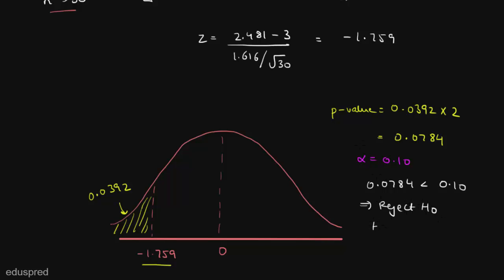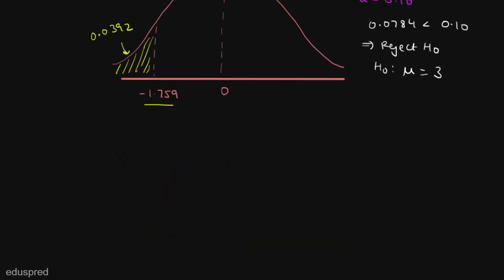Just to make you recall, our null hypothesis was that mu is equal to 3. And in this case, we are rejecting the null hypothesis. So we can say that there is not sufficient evidence that the true average percentage of organic matter in soil is 3%. So this is all about part A of this question. We also have a part B in this question, and part B is